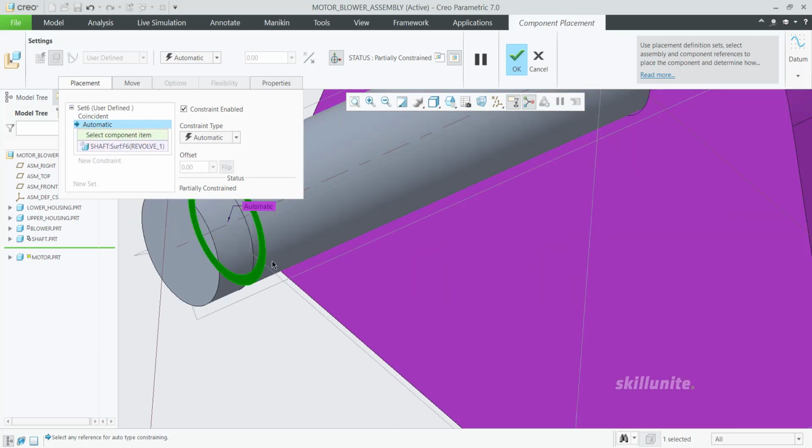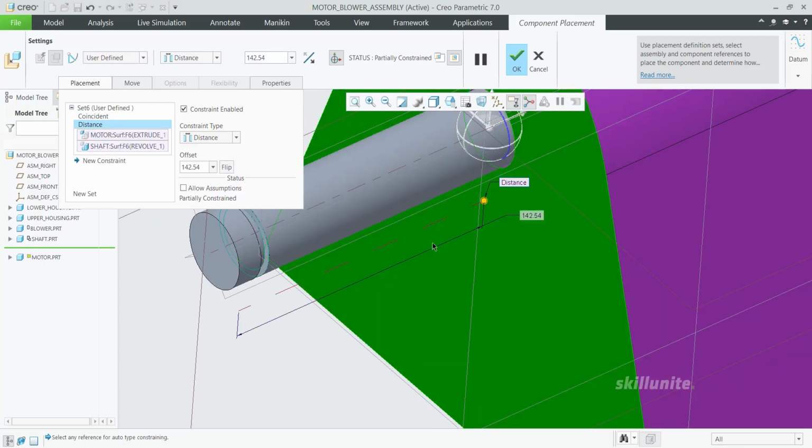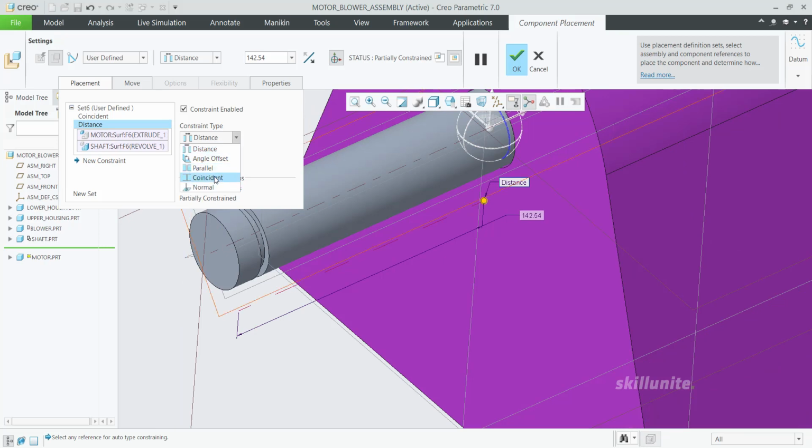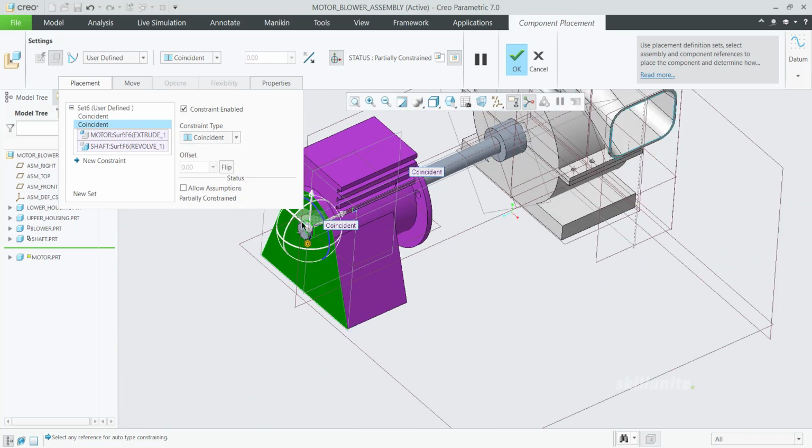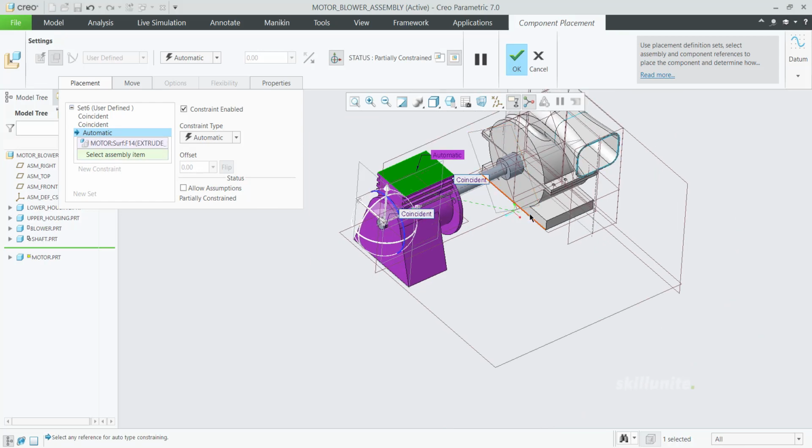This face has to make contact with this face, so you can keep it coincident here as well. Then you can turn on allow assumption, because the motor is not going to rotate anyhow. So let us fix it. Or you can turn off allow assumptions, then make a new constraint: this top face and this face over here are both parallel. It is not going to rotate anyway.